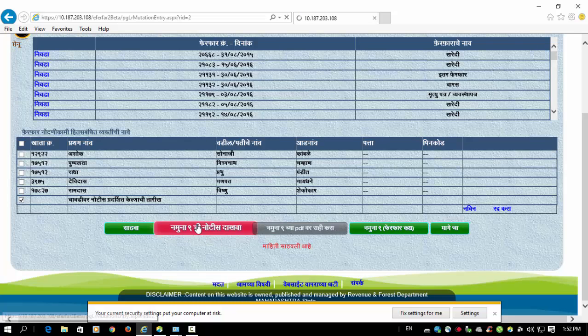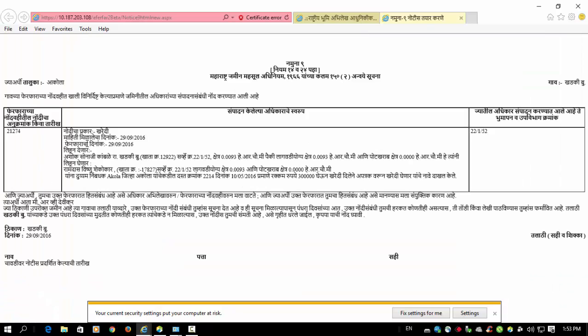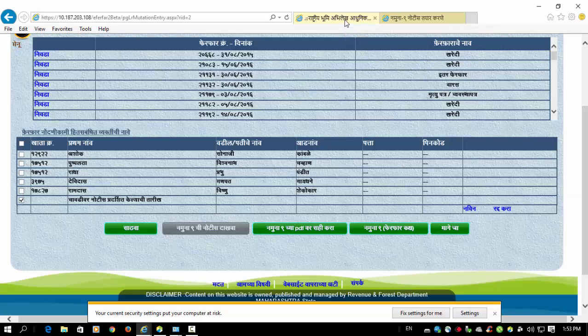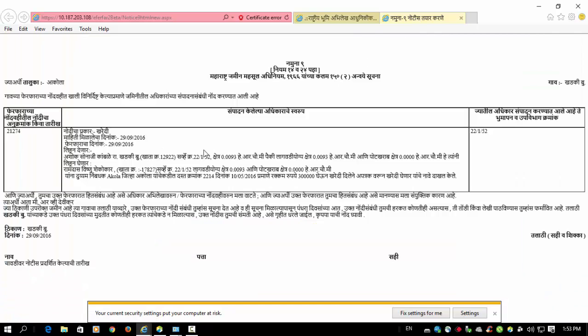Then show the notice number 9. Now it will display the generated notice 9. This is the notice format namuna 9. The mutation number is 21274. Again the details: mutation type is kharedi, and the purchaser and seller details, and the size of that land.